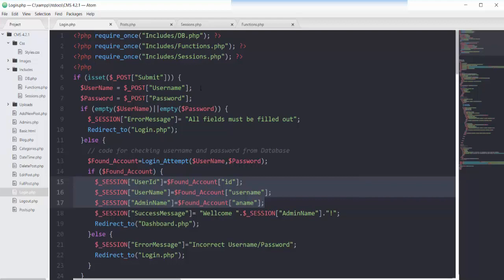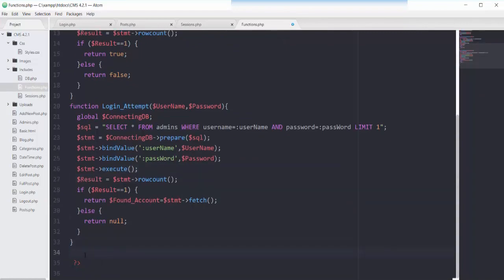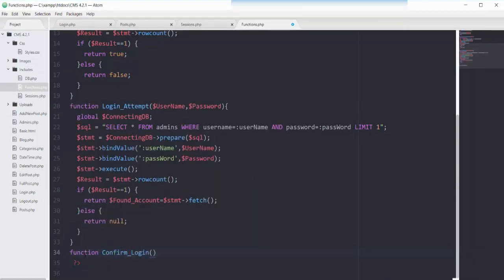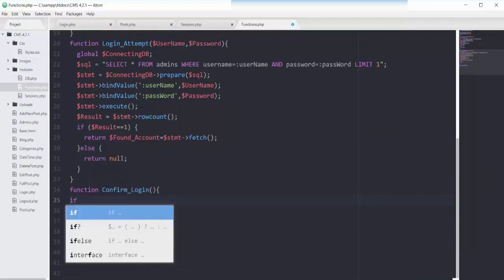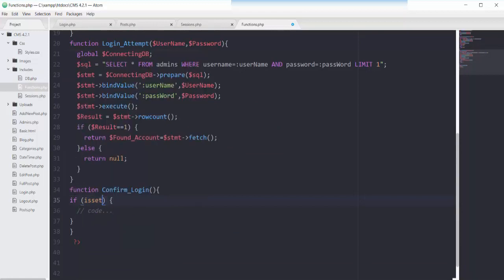So in my functions.php file, I will define one function here with the name of confirm login. Inside this function I will have this if condition. I will check whether my session user ID is set or not.